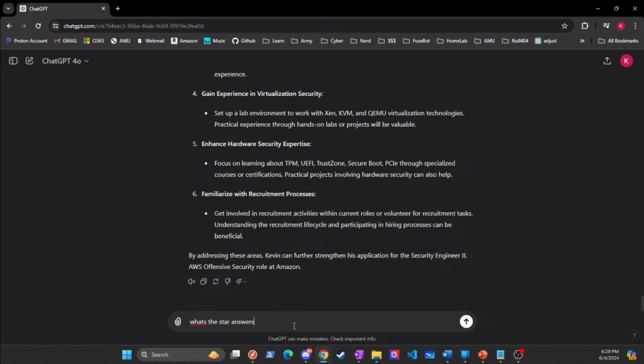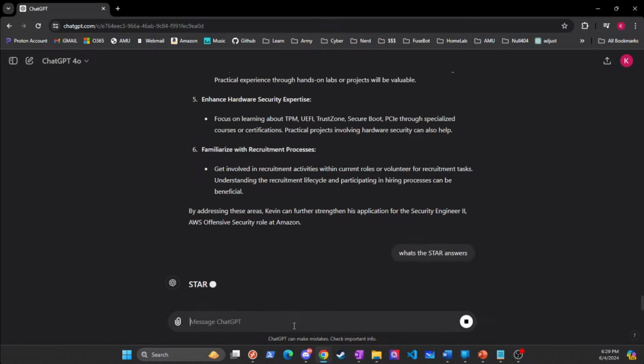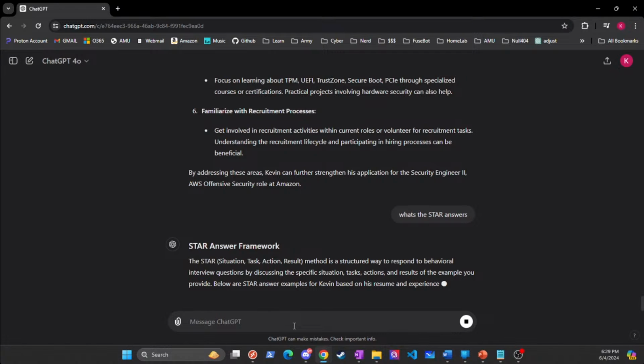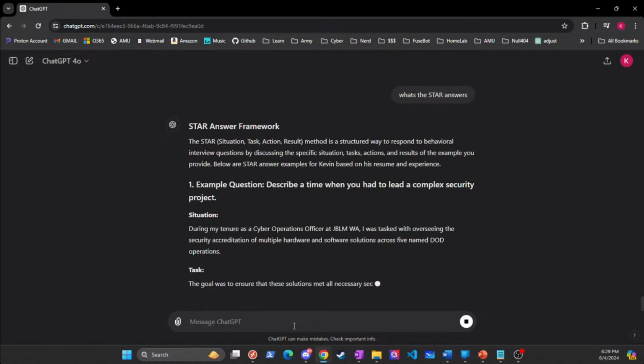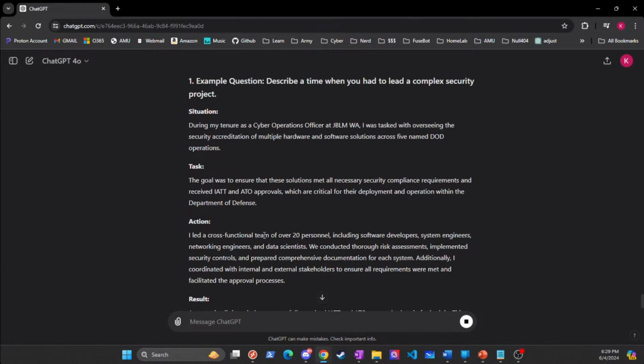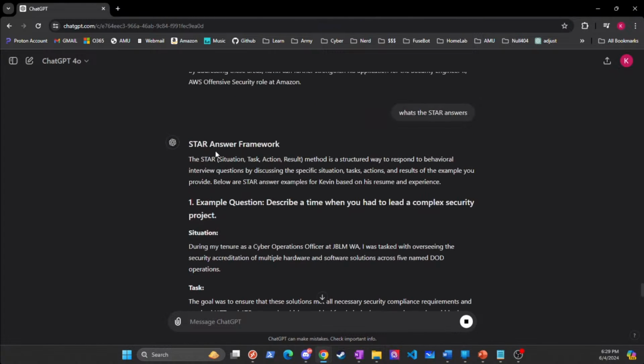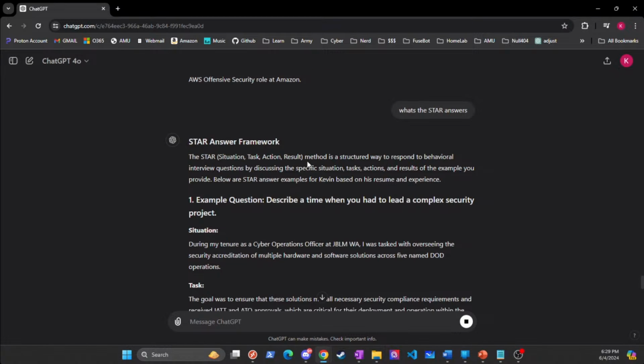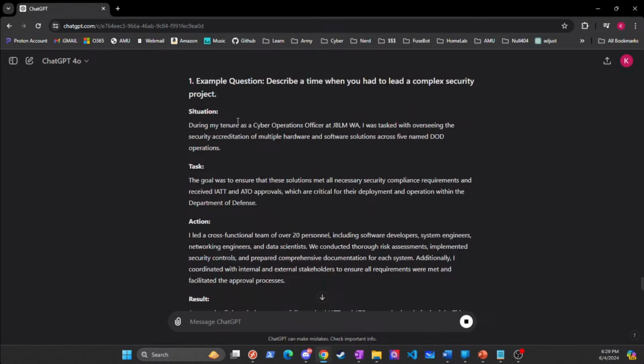Look, there's a concept that I didn't know until probably about 2 months ago. There's something about STAR, right? I was advised that the STAR method for answering questions is super important. I didn't know what it was, so I asked, "What's STAR answers?" If any hiring manager is here, maybe they can attest to this or tell me it's stupid. I would love to hear it. Basically, it's a way to answer interview questions: situation, task, action, results.